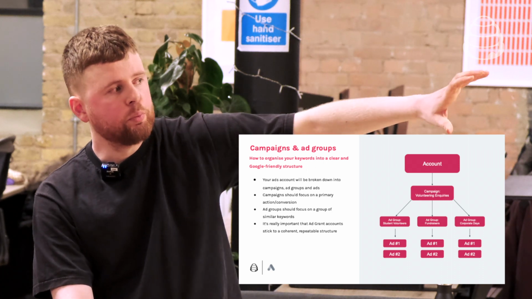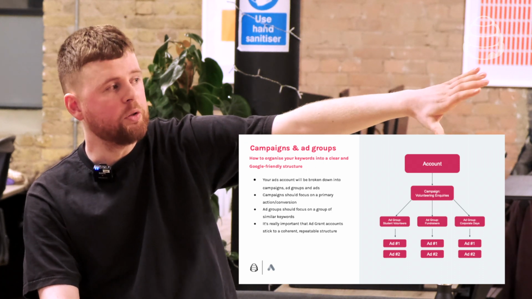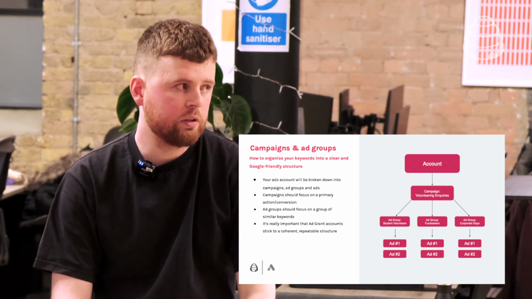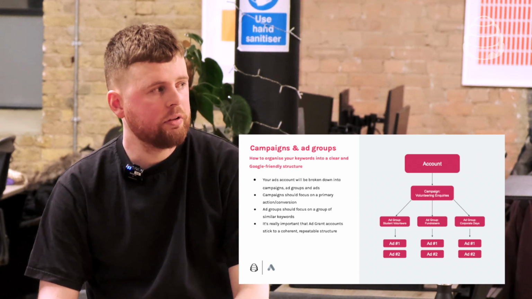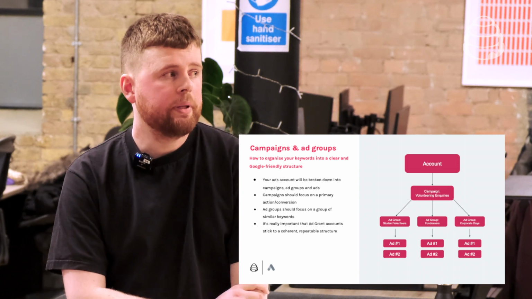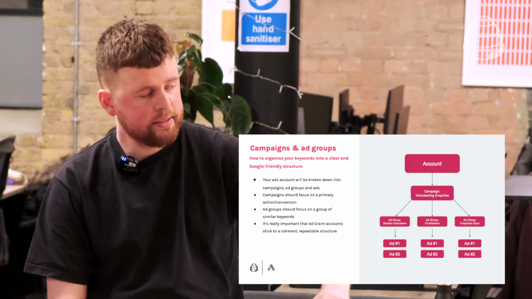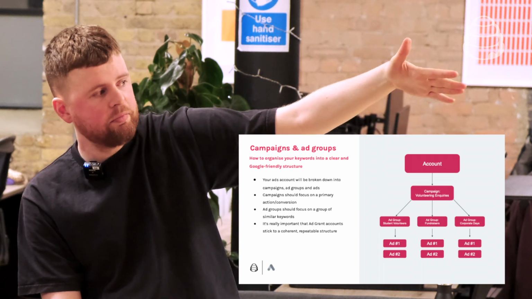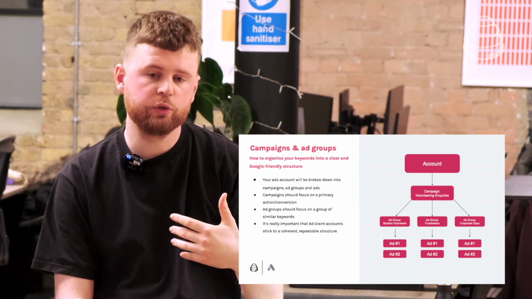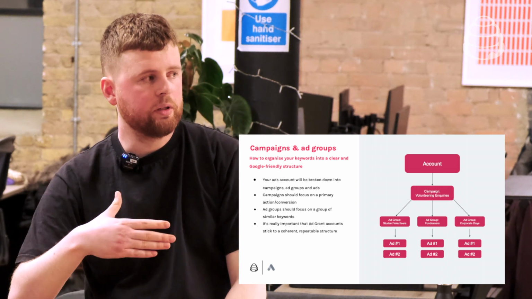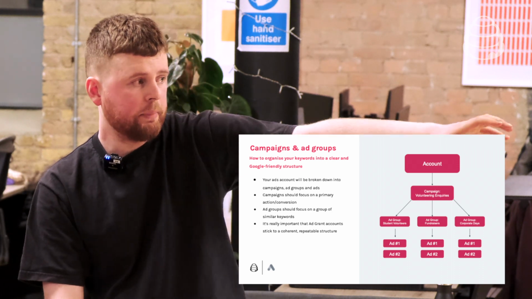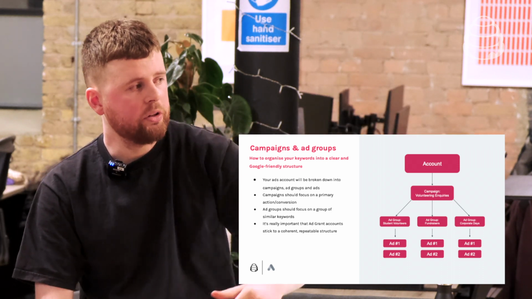So if we use an example that's probably a bit more relevant for yourselves and most of our clients. If we wanted to raise the amount of people willing to volunteer for us, that would be a conversion action where we'd set up a campaign that was geared towards people submitting volunteer requests. And then within there, we have various ad groups and they relate to our keywords. Maybe there's a lot of people looking to be student volunteers. Maybe there's a lot of people looking for corporate days, and that's an audience we can access and build upon. Maybe it's fundraisers, that one in the middle there.